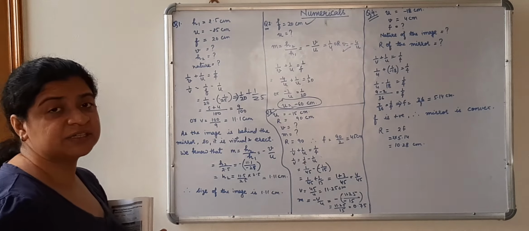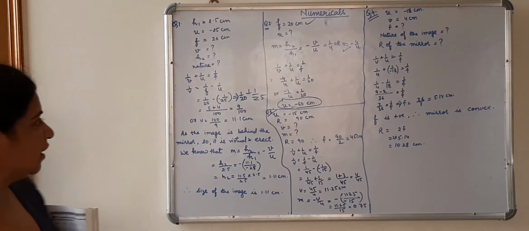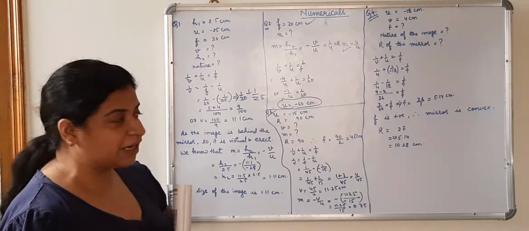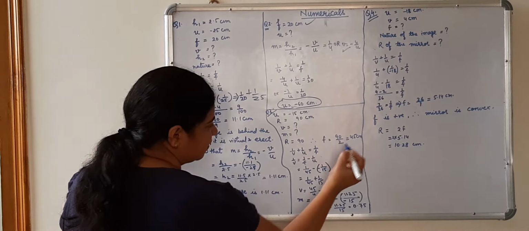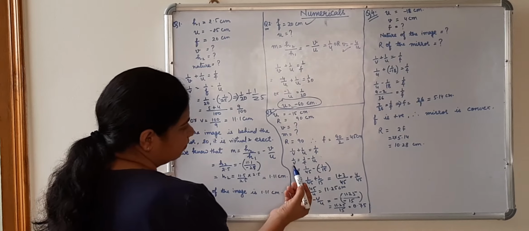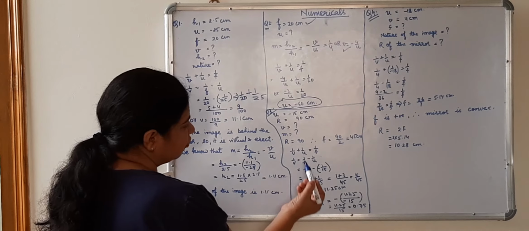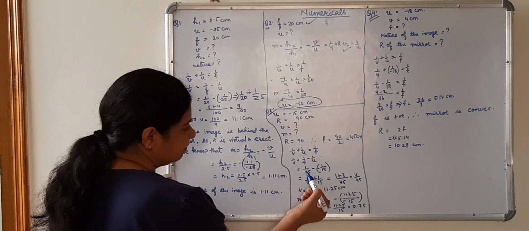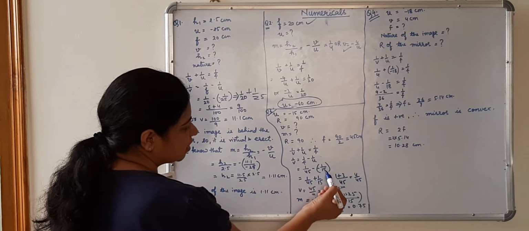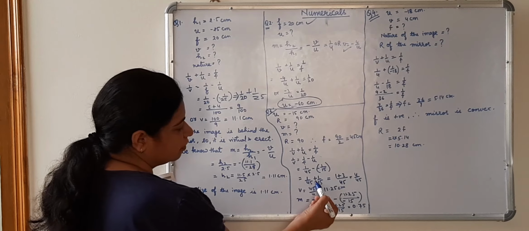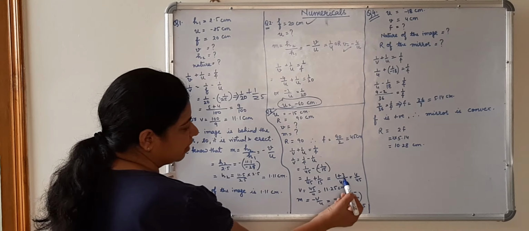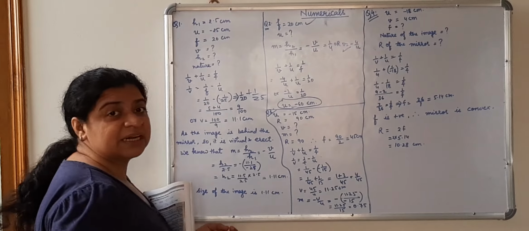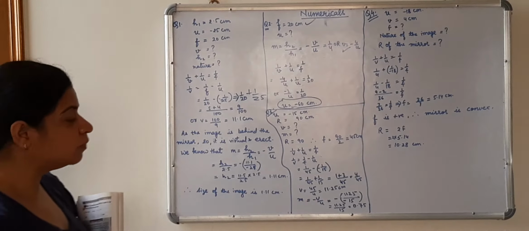We know the value of the radius of curvature, from that we can find the focal length. The focal length we got, as they have already told, is a convex mirror, so f is positive, 45 centimeter. Mirror formula: the value of 1/v we need to find. I have taken 1/u to that side, so there is 1/45 minus (-1/15). When we open the bracket, I got it positive. 45 is the LCM, 1 plus 3 that is 4/45, or v = 45/4, that is 11.25 centimeter when you solve it.